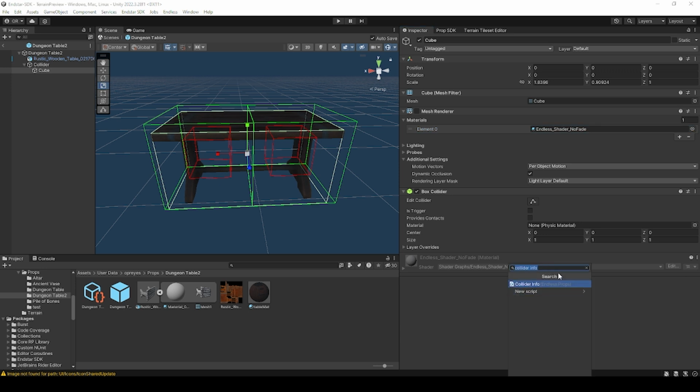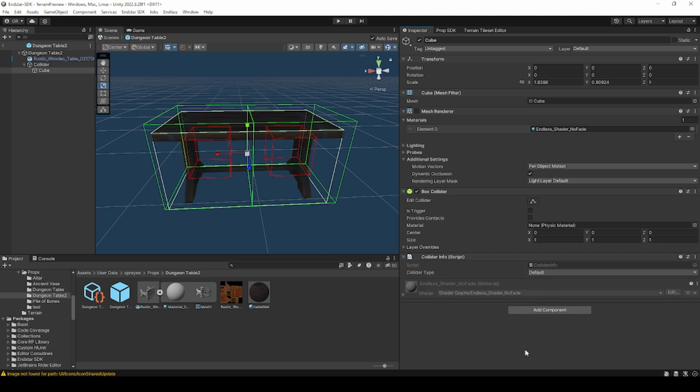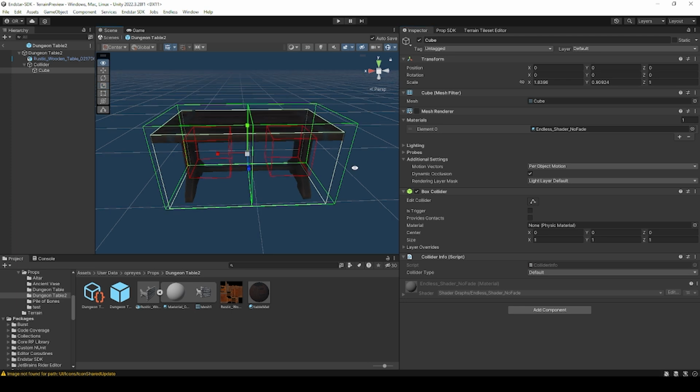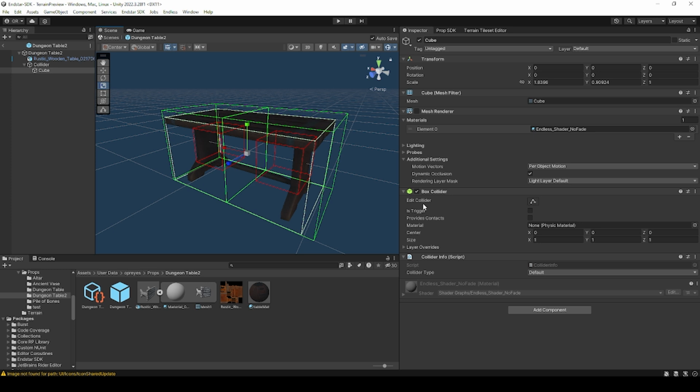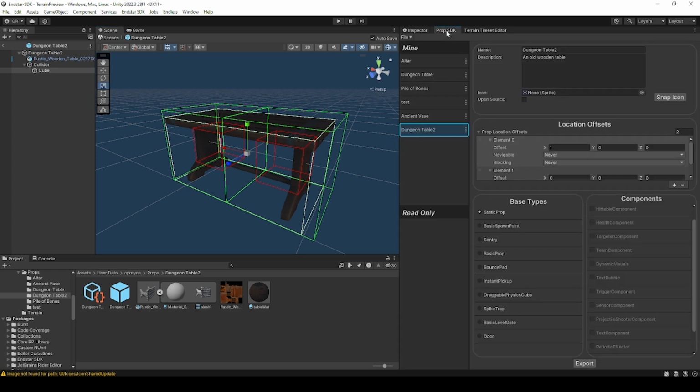Alright, now we can go ahead and add our final collision component. I have it typed in already, but you'll go ahead and search for collider info, and you'll be able to add the collider info script to your prop. Make sure the collider type is set to default. Alright, now that we have collision set up and our renderer is correct and the mesh renderer is disabled, we can go back into the props SDK